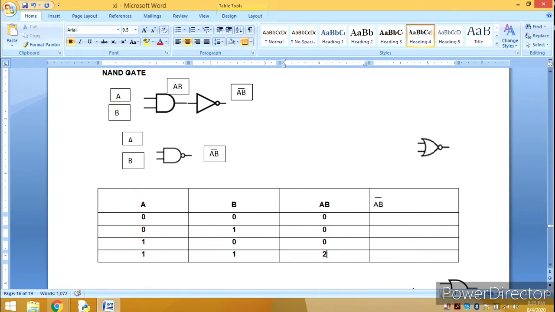So you are having this for A into B, and what you will be getting over here for A into B complement? A into B complement means the reverse of this number. The reverse of this number means, the binary number, we are having only two binary numbers, 0 and 1. So it will be 1. Here it will also be 1.